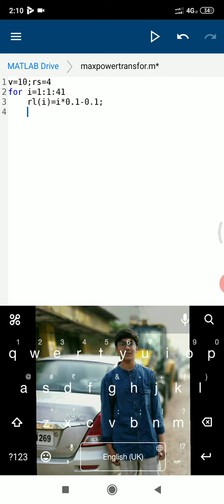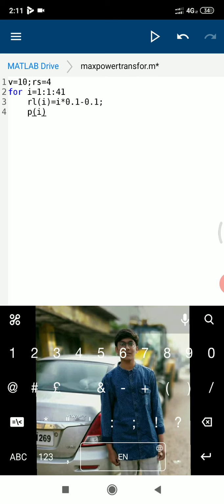That means in general P is equal to I square R. I square means I into I. In general, we can take I as V by R. Here in this formula, P is equal to I square, so we have to write V by R into V by R into R. That means substituting the formula, P of i is equal to,